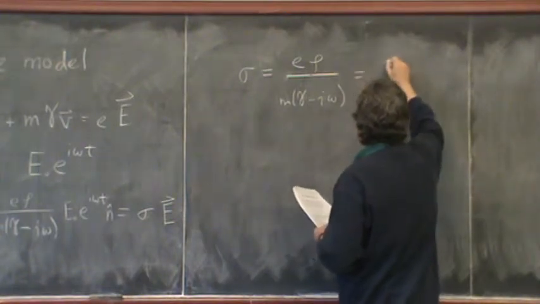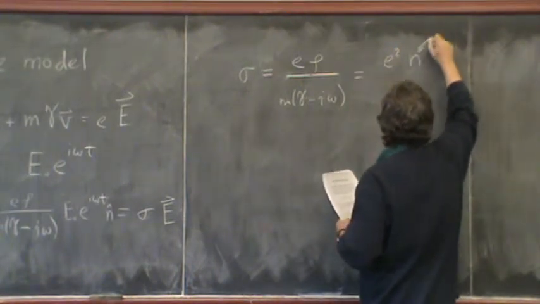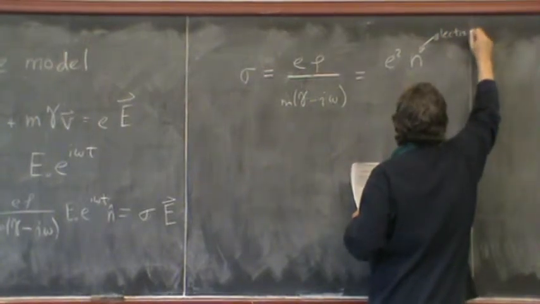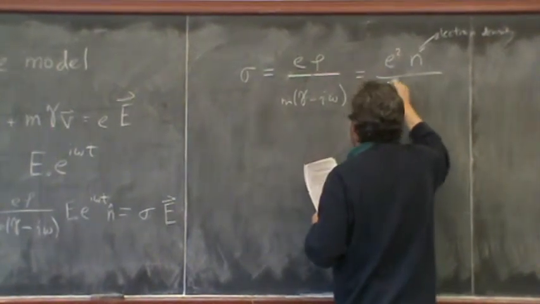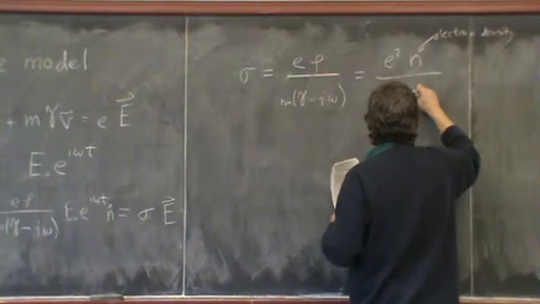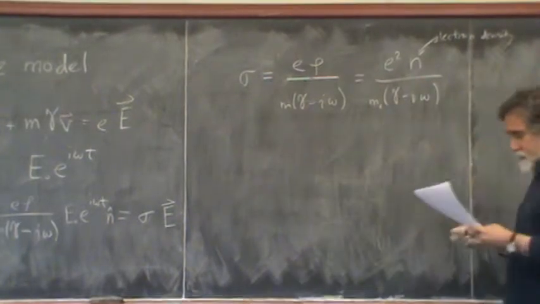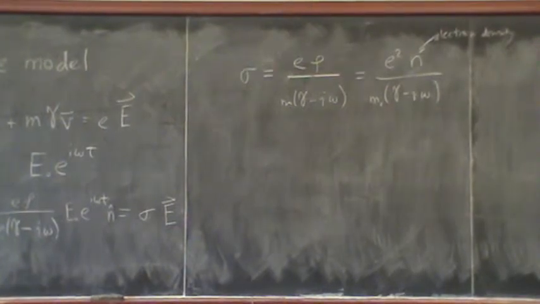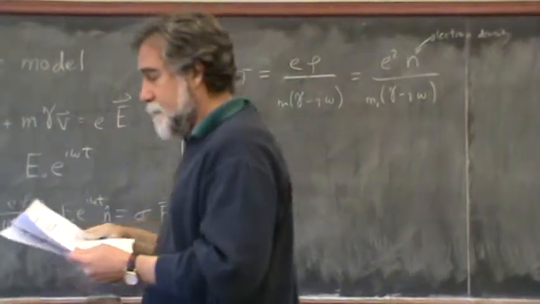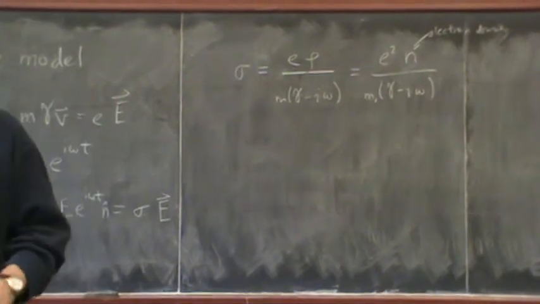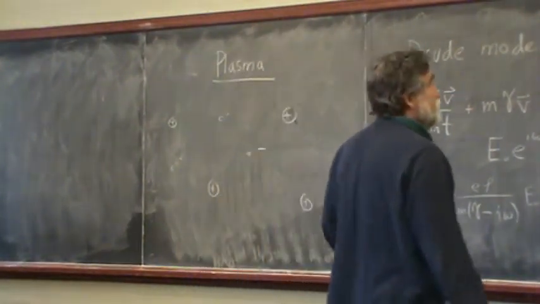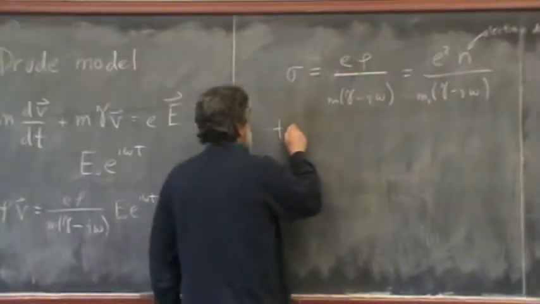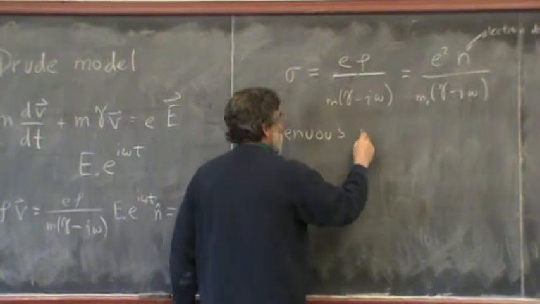So I can write this like this. e squared times the electron density, because that was the charge density there, over the mass of the electron, times my damping factor, i omega. So the conductivity is complex. All right. That's actually the Drude model for metals. Okay? For a tenuous plasma, just because I wanted to use the word tenuous,